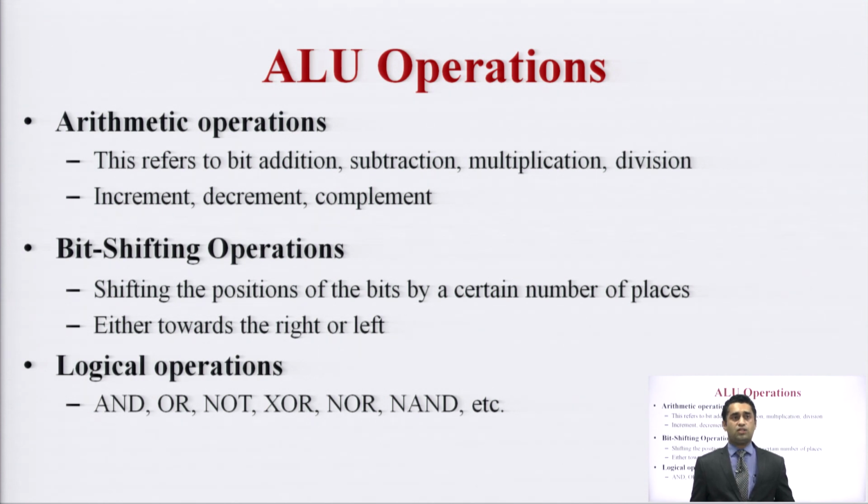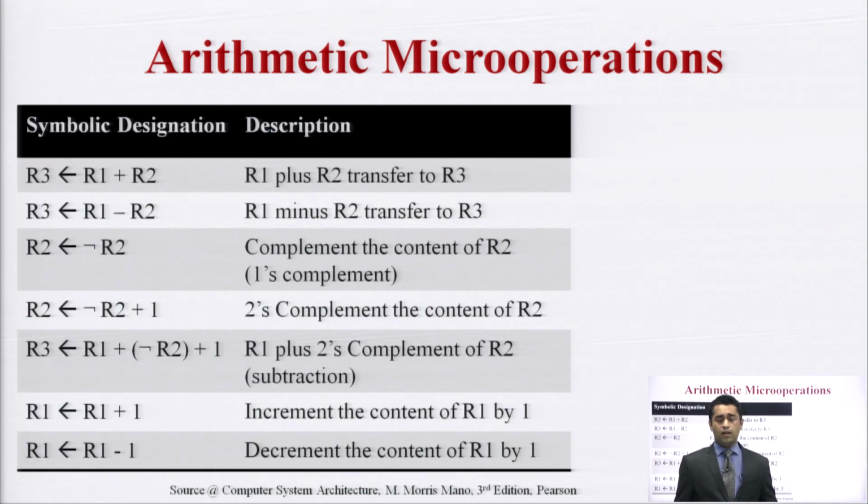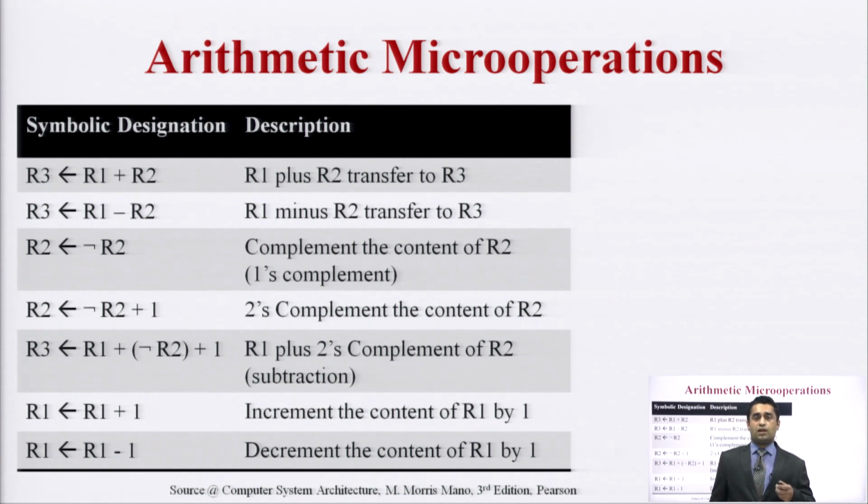In upcoming slides, our focus is on the arithmetic operations, and in the next lecture we will discuss the shift operations and logic operations. So let's have a look at the ALU micro operations, meaning arithmetic operations. What are these arithmetic operations? In case of register transfer, we have seen an example where the value of register A is added with register B and the output is going to register C. So this type of example is a part of arithmetic micro operations.